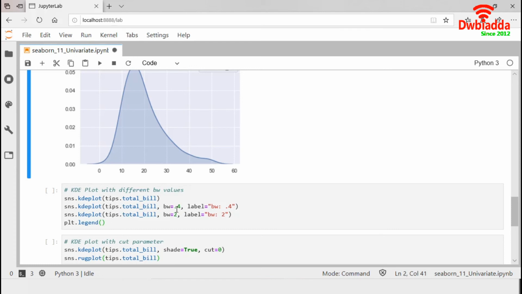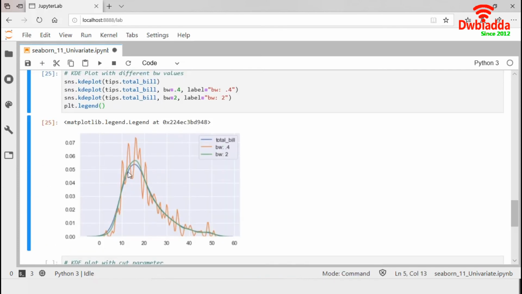Much like the bin size in a histogram, the default behavior tries to guess a good value using a common reference rule, but we may try to increase or decrease the values. This blue line is the default KDE plot. Increasing or decreasing the bandwidth has a great impact on the plot.